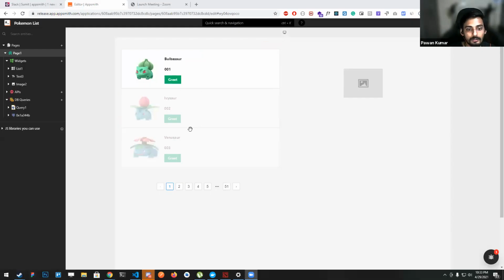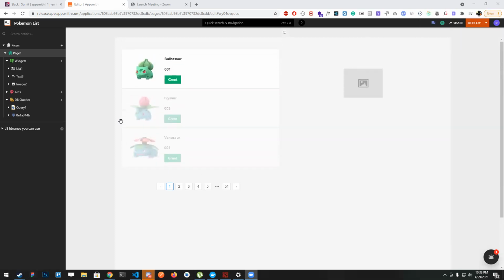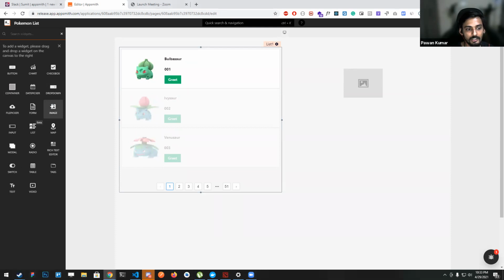and show you our new widget, which is a list widget. Let me start screen sharing. Can you see the screen? Okay, so this is a new widget which is currently in